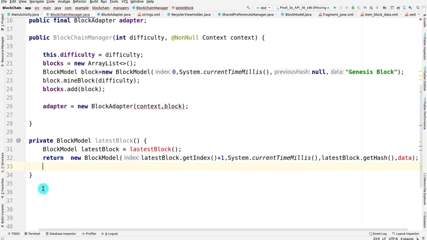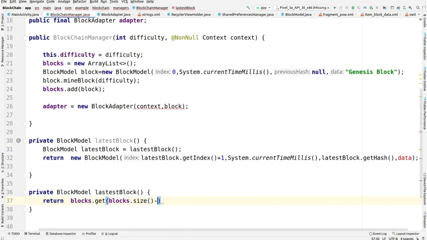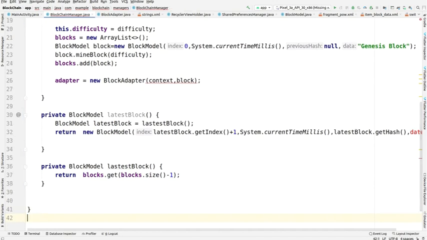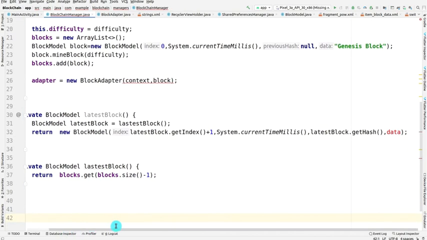Okay, so here we have to create one more function, and within this we have to return what: blocks.get and blocks.size minus 1. It is the last block. It's an array, and in the array you are getting that last block, and it's the latest block. It is quite obvious. So we are done with this, but we see that there are errors, as we can see that.